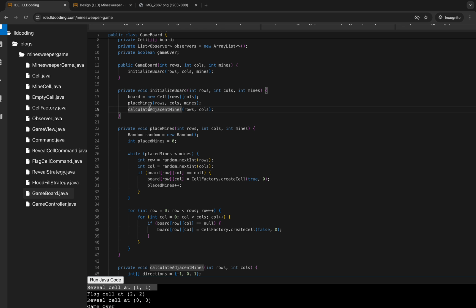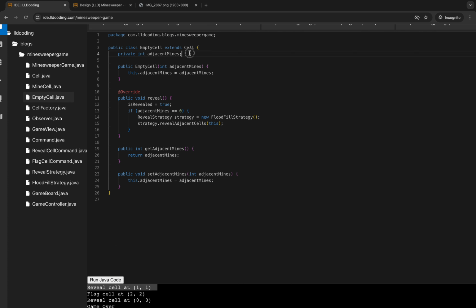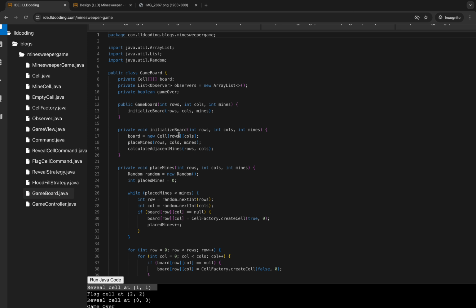Here, when I was telling you that we are pre-processing the entire data, in this function we are placing the mines. Here you can use the strategy which I was discussing, that we can use the strategy pattern to place the mines on the entire board. For now, we are not using any strategy. We are just going with the basic way of placing the mines. After placing the mines, we are calculating for every cell how many adjacent mines it has, which I told you about: if you go to this empty cell, it contains this adjacent mines count. So this data is calculated here in